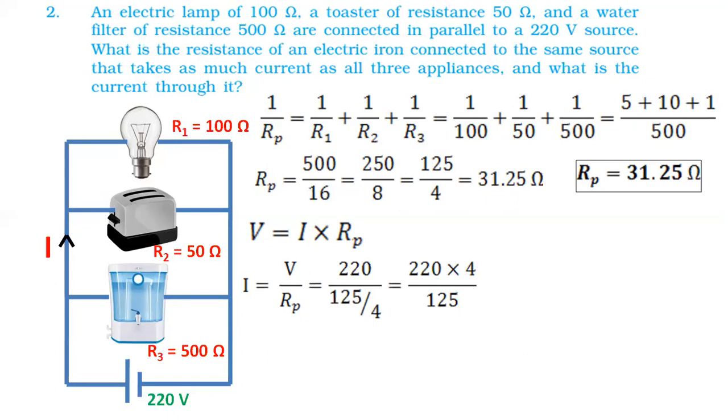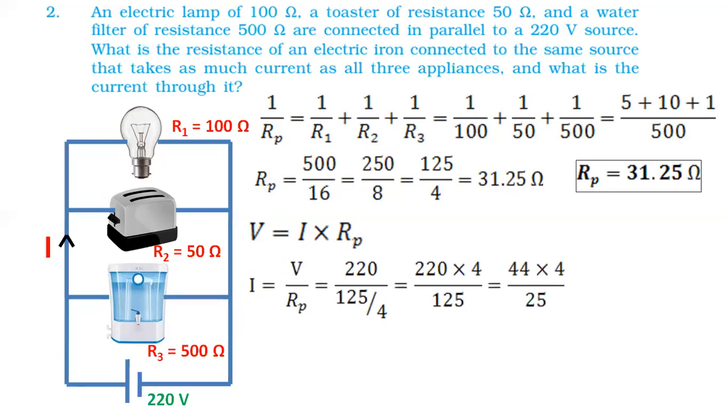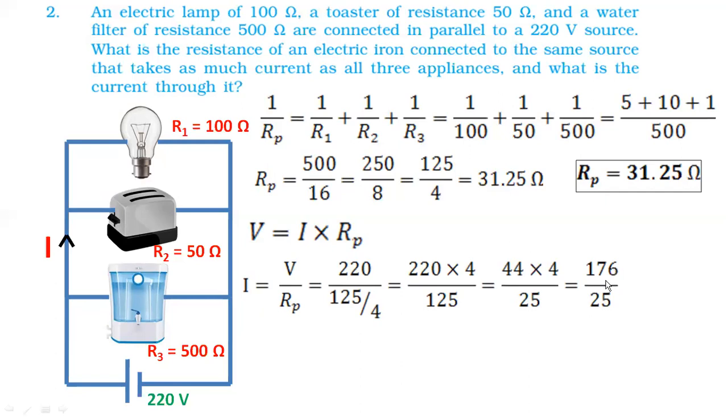Now I can again divide this with, which exactly which table? I can divide with the 5 table. Okay? So 5 5s are 25 and 5 44s are 220. Now I can just multiply it again. 4 4s are 16 plus 1, so that would be 176. So 176 by 25. Now I can again divide this 176 by 25. The answer would be what? 7.04.